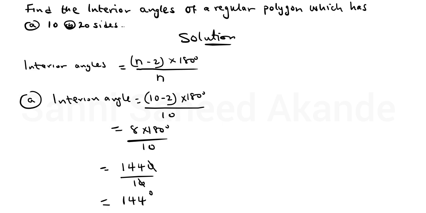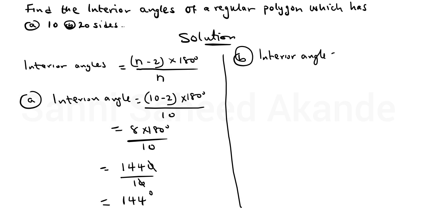Okay, and then B, let's do B here. B now, the interior angle will be equal to n minus 2. n is the number of sides, and that is 20 minus 2, close the bracket, multiply by 180 degrees divided by n, which is 20. Understood? So here now we have 20 minus 2 will give us 18, then multiply by 180 degrees divided by